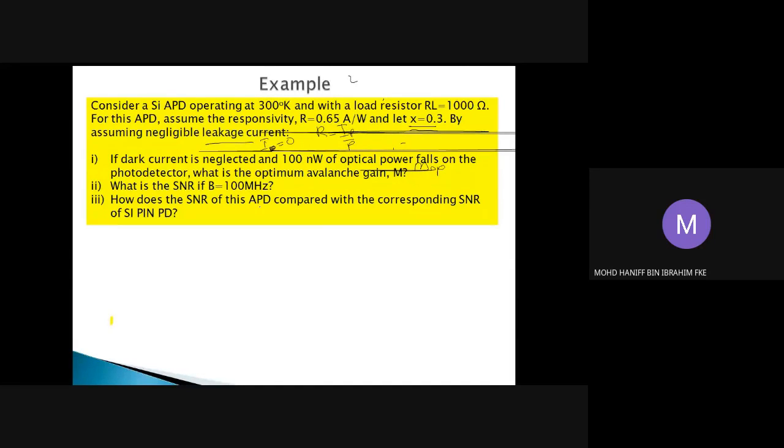For this particular case, you have to use the equation that we learned in the previous slide. I will solve the questions one by one. The first one is to find the optimum M value. From the equations we have seen in the previous slide, the equation for the optimum value of M is: M optimum to the power of x plus 2 equals 4kT